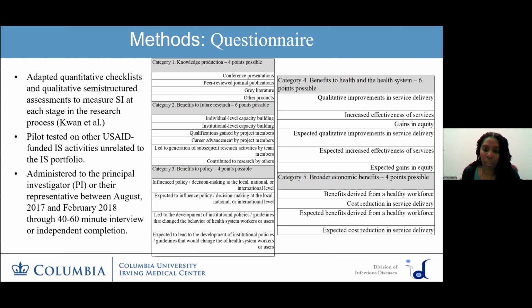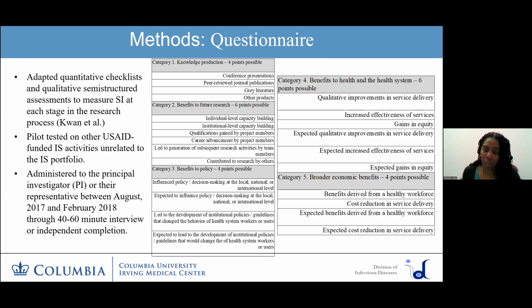What does that mean and how is it operationalized for the entities? What are qualitative or quantitative improvements that they could assess directly within the program setting? And then the broader economic bit was, again, changes to the health workforce, reduction in cost, which is one of